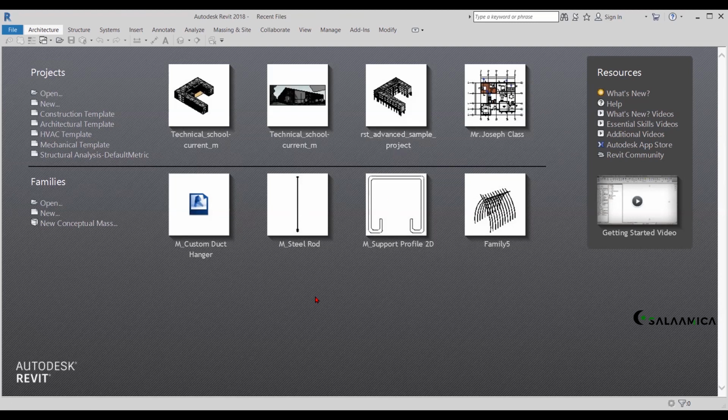Because there is a little similarity if you're going to draw some lines, a circle, a rectangle, and so on. No? I'm not talking about AutoCAD now, but Revit, there is some kind of similarity in those commands. So it will be a little bit easy now.